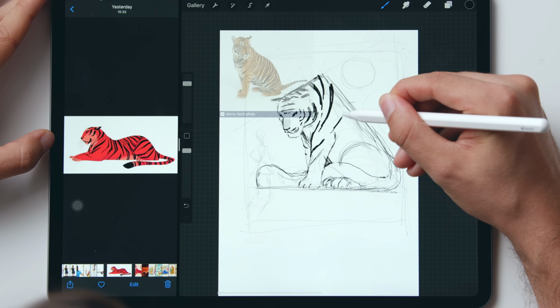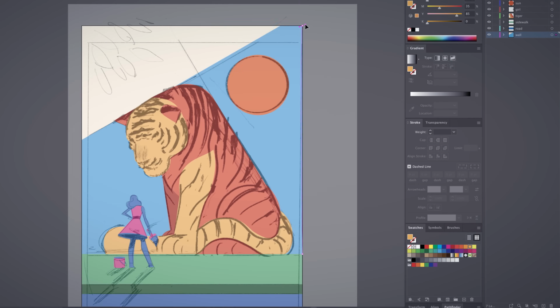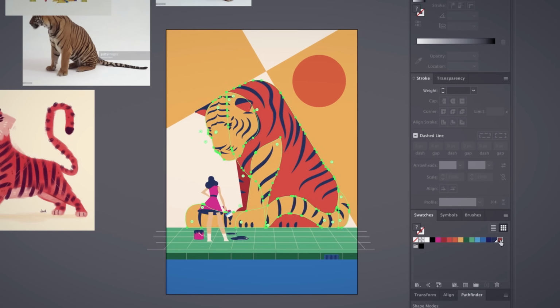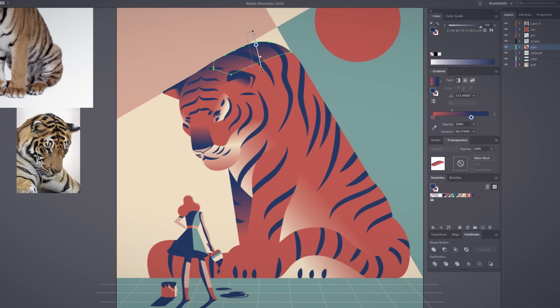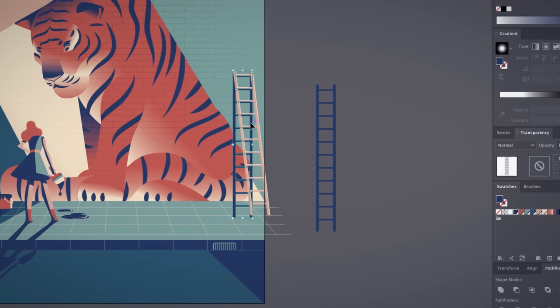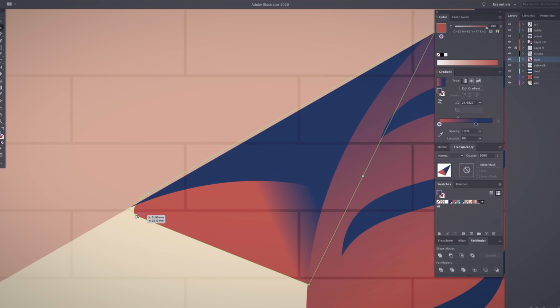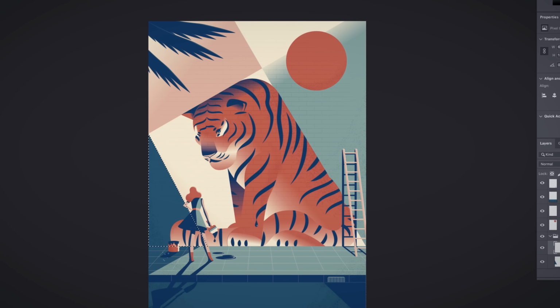Next, we will start working on our vector illustration using Adobe Illustrator. We will draw the basic elements and we will apply the color. And then we will apply gradients, shadows and highlights to add some depth. After that, you will learn how to refine and clean your vector illustration so that it's presentable to show to the world. Finally, on Photoshop, we will add textures and analog feel to make it look more organic.